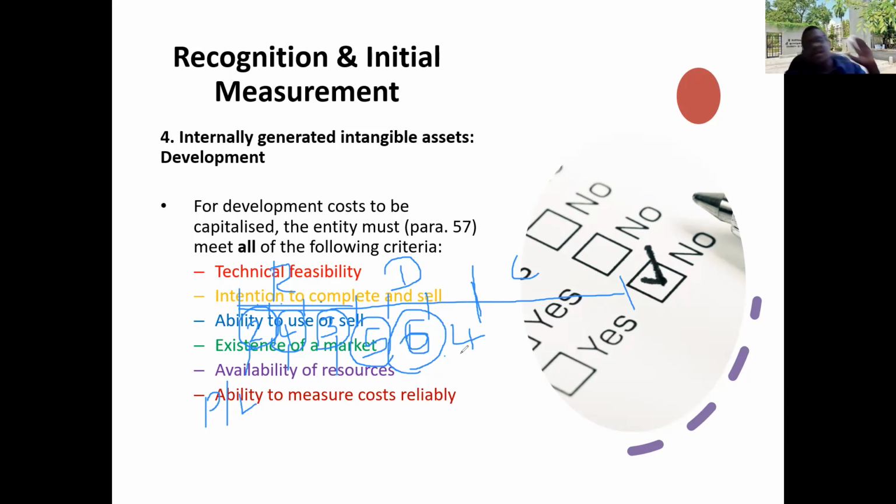There are 6 criteria. What are those 6 criteria? Technical feasibility, intention to complete and sell it, ability to use or sell it. There should be a market, existence of a market. You should have enough other resources, or resource availability, and the ability to measure cost reliably. That's okay. So then, of course, at the end of this, your account will have 15 million